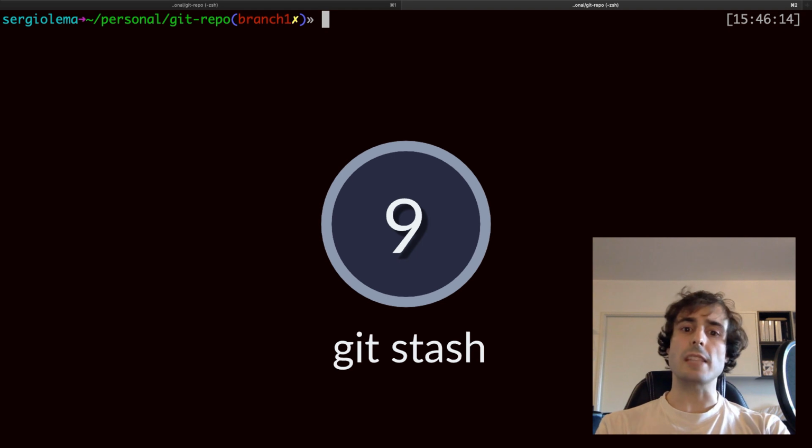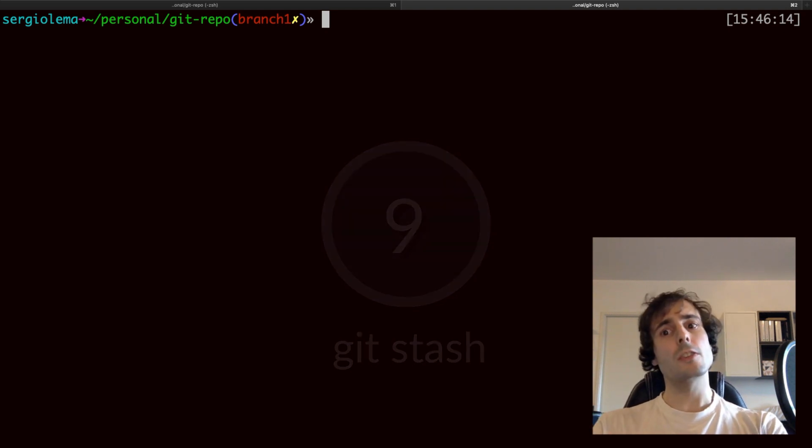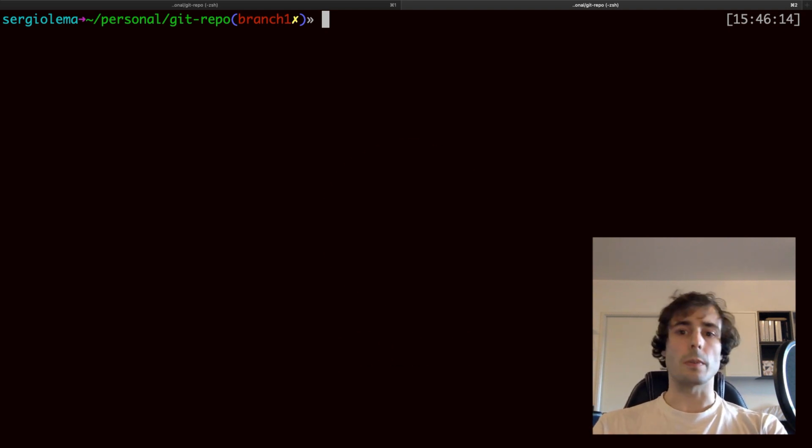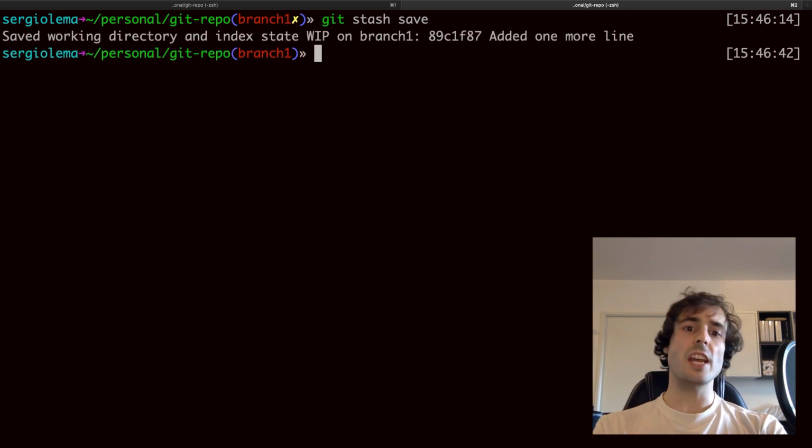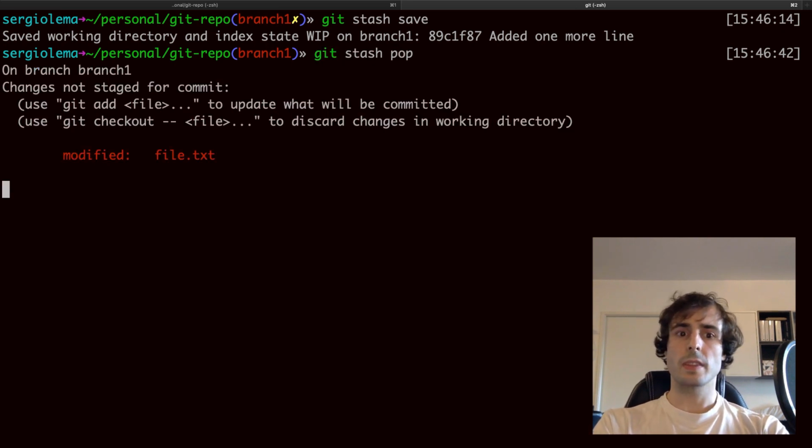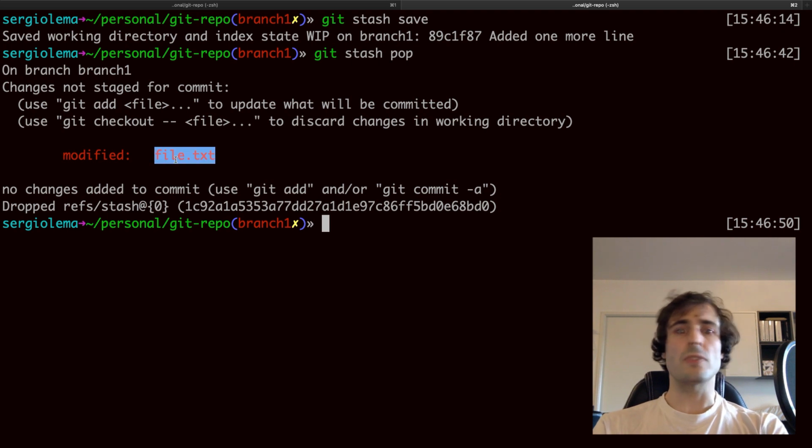The number 9 is the stash. How many times am I interrupted per day? I don't know. So I have to put away, to save somewhere, my work to continue later. Git stash save. Now I can change the branch, perform some commits, and when I come back, git stash pop. And here is my modification again. There are other options, such as naming the stashes or persisting the stashes, but it's out of the scope of